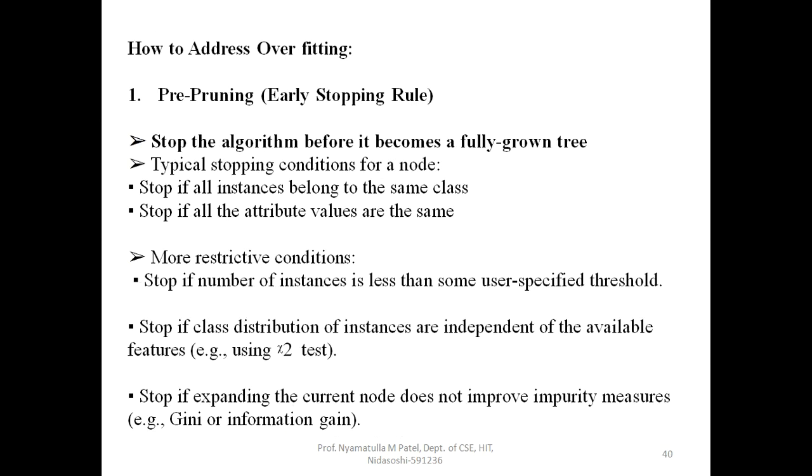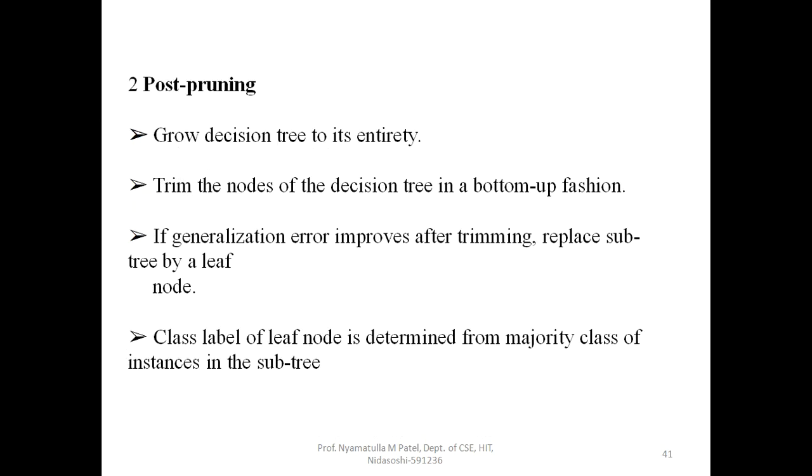So, these are all the steps of pre-pruning that you have to do. Then comes post-pruning, and pruning is nothing but cutting down the errors. In post-pruning, you grow the decision tree to its entirety. Once you have allowed all the conditions, stop if it is less than the threshold value, stop if all the attributes are of the same class, stop if all the objects belong to the same class, then after that grow the decision tree to its entirety, meaning grow the tree completely with all the decision conditions which are to be considered.